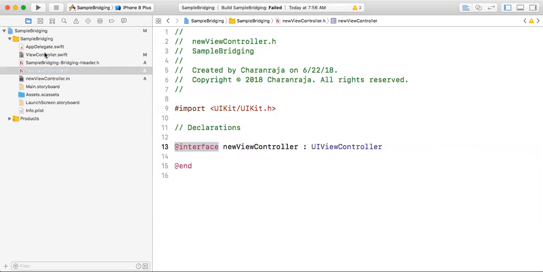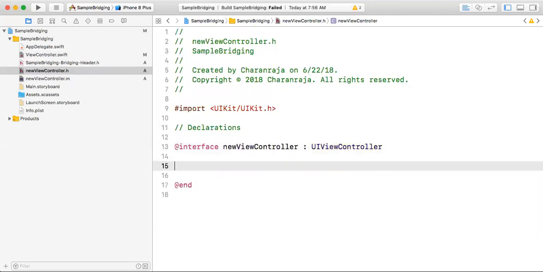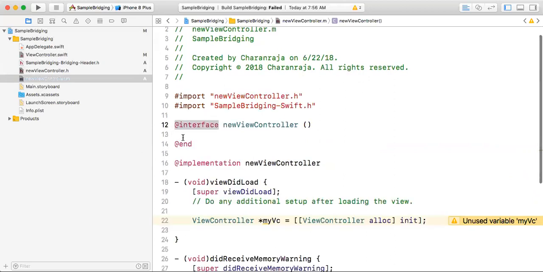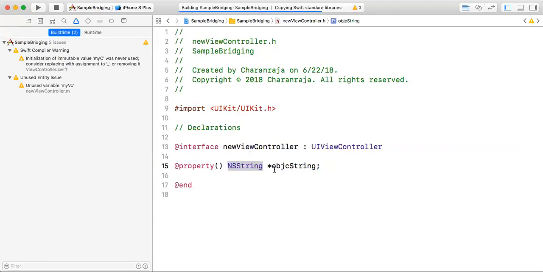In Swift, what we learn is that everything is global. Whatever variable you declare, any class can access it. But in Objective-C, if I declare a variable in the .h file, it is public. Other classes can access only the .h variables and .h functions. If I declare a variable in the .m file, it is private to this class. So I want to declare a variable in .h so other classes can access it. If I want to access this